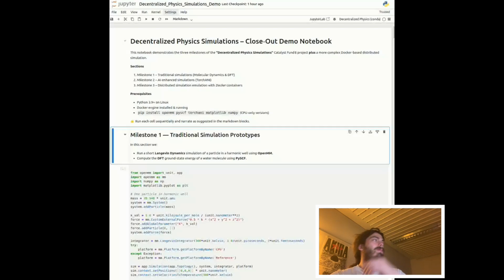Hello everyone. So this notebook demonstrates the Fund 8 project Decentralized Physics Simulations. We'll walk through 3 official examples of the milestones plus an extra ring polymer molecular dynamics showcase. So all workloads are tiny, CPU only, and wrapped in Docker to keep the demo deterministic and simple,